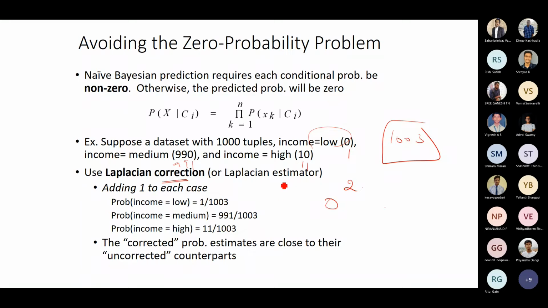And there is one more situation where you have an average probability here, 0.4, and this one is also 0.3. So if you multiply these two, and if you multiply 0.9 and 0, it will become 0 directly, which is not accepted. So 0.4 into 0.3 will become basically 0.12. You should not compare 0.12 with 0, because this has a higher feature value. So you do what is called Laplacian correction in order to convert this to some value. Supposing you consider this as 0.01, and if you multiply this with this, you will get basically 0.009.